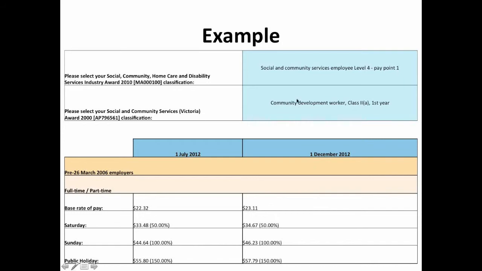I'm just going to pause for a second just to let you know, if you're trying to classify a social worker class 2A, for example, up to a level 8, it's a translation that's unlikely. And if you try and put that in here at a level 8, it'll actually tell you here that this does not work. The same as if you're trying to make a class 2A a SCHADS level 1, again it'll come up here that it doesn't work.